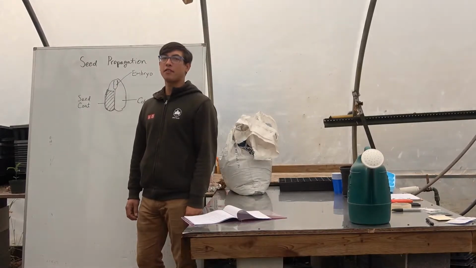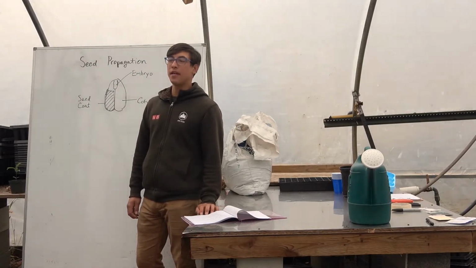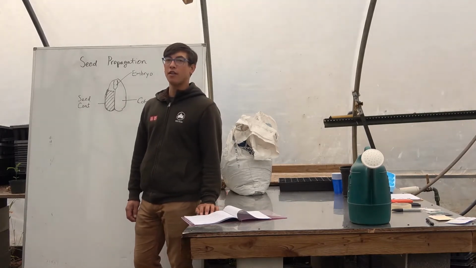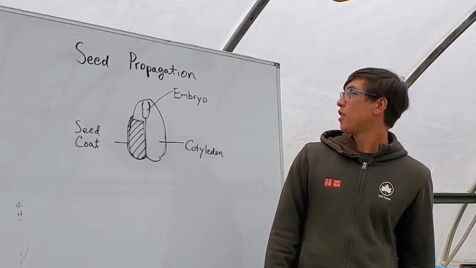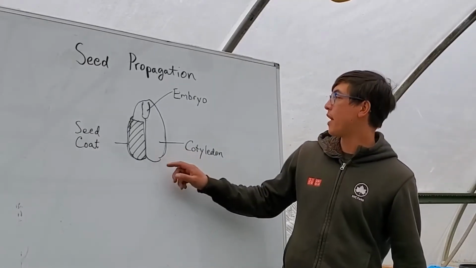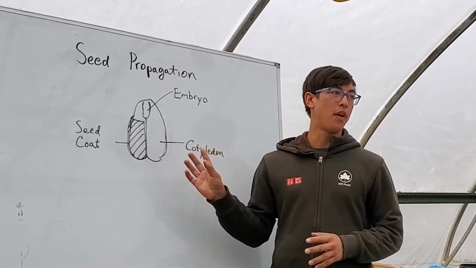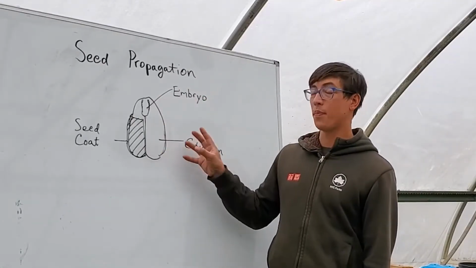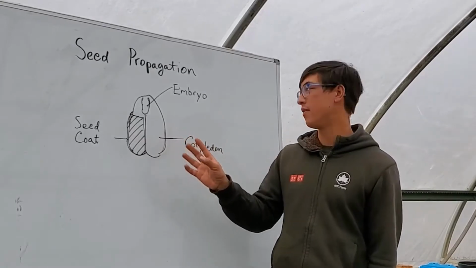So let's talk about seedling propagation. To understand the basics of what's happening when you start seeds, we have to take a little look at the anatomy of a seed. So this little diagram, as crude as it is, is the basic representation of the parts of a seed. The parts are simple, but the functions that happen are incredibly complex and even